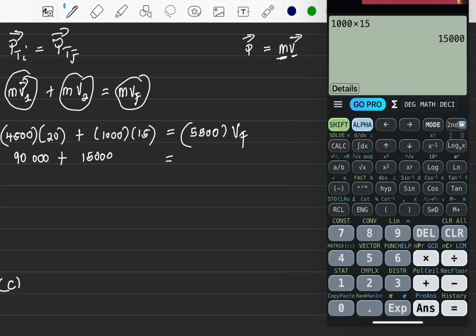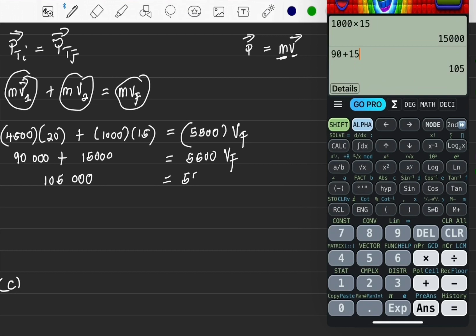On the right hand side, you have 5,500 VF. So basically we are going to add 90,000 to 15,000. 90,000 plus 15,000 is 115,000, which is equal to